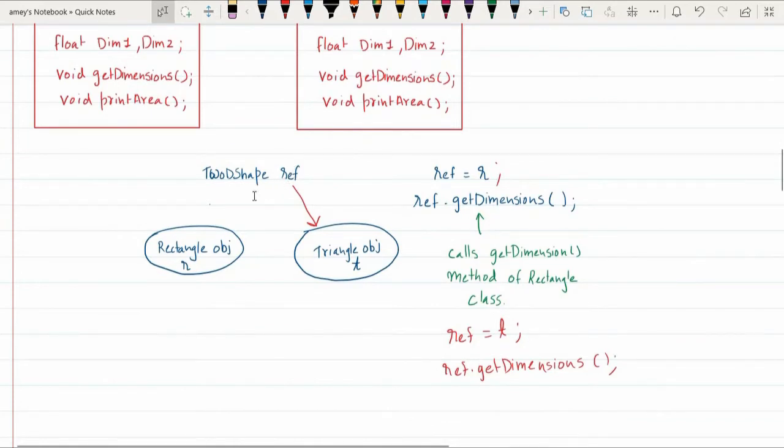It can point to object r of type rectangle, and through ref you can call all the methods of the rectangle object. But if it switches to the triangle object, then using ref you can call all the methods of the triangle object.